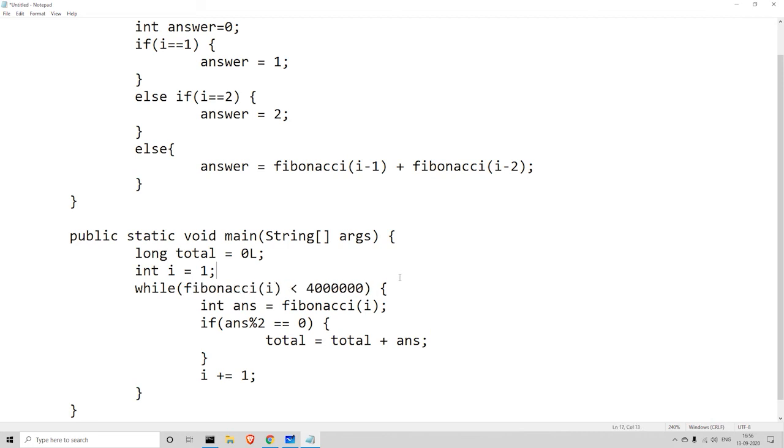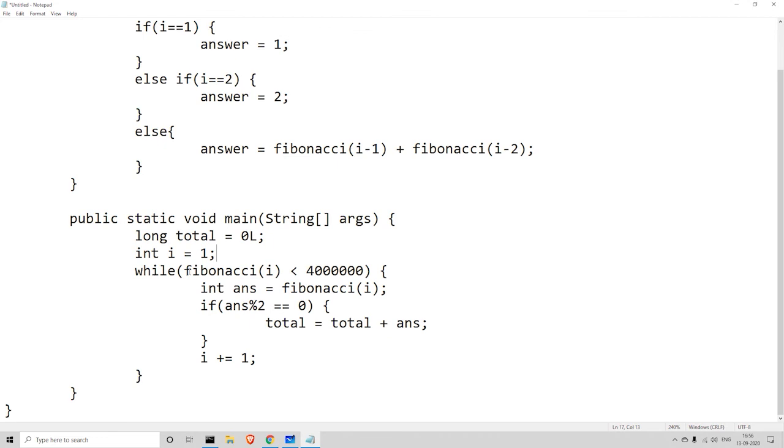Now I have used a lot of functions here like while, the percentage, the data type called long, the functions, the recursive and all that. So in the previous videos I have clearly explained how a while statement works, how a percentage symbol works, and how this particular statement, which is the increment operator, works.